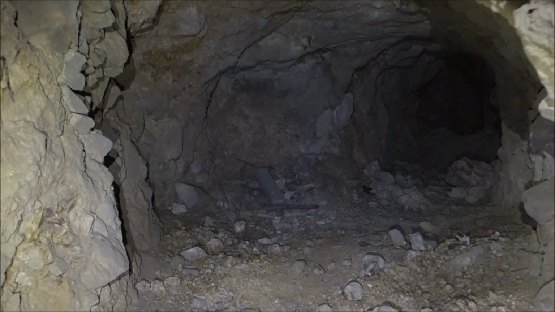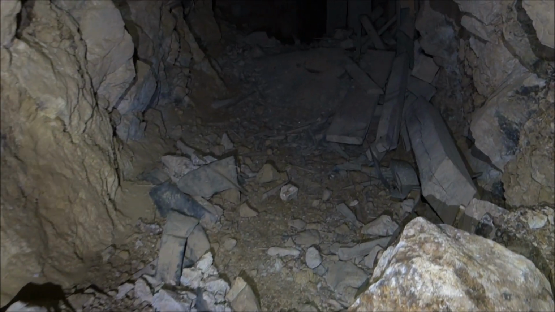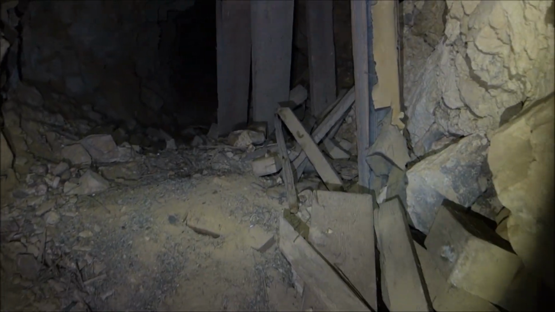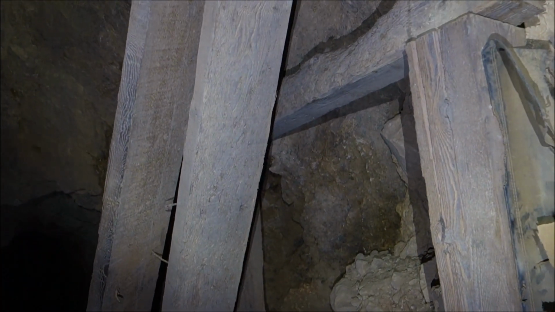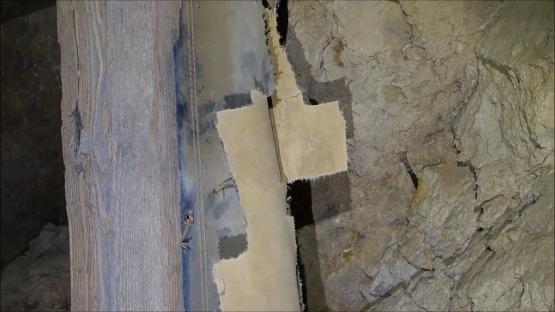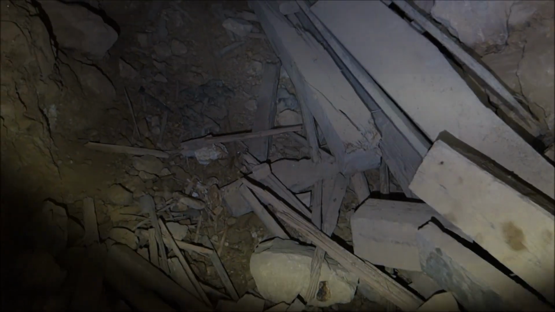Still going to the right. Still got the rail. Looks like there's something here on the right. I'm thinking there's something above us. Looks like canvas. I'm not sure what that was for. So all kinds of wood right here. Usually that means there's something above. And indeed,